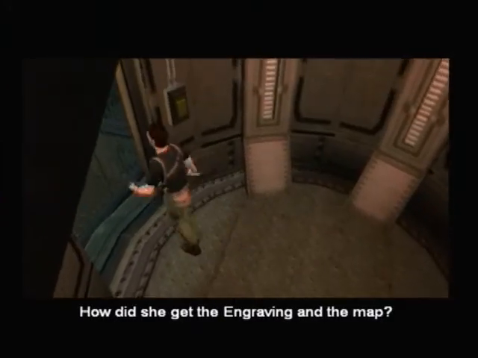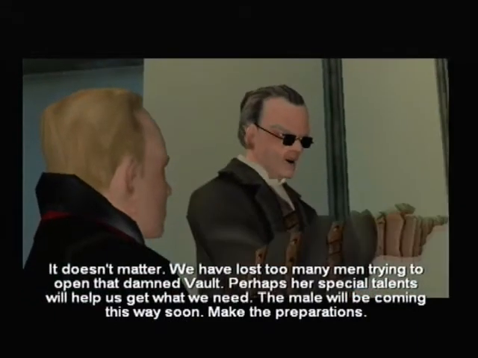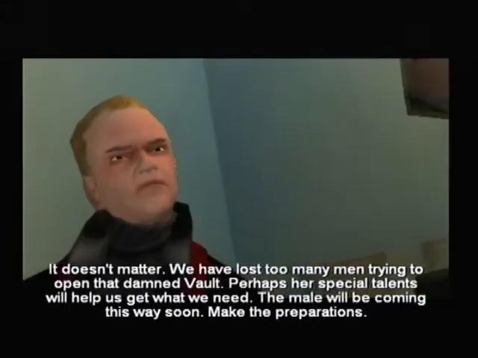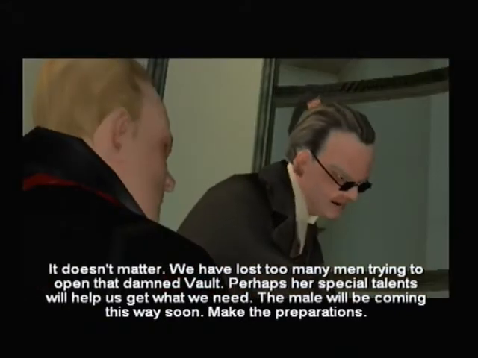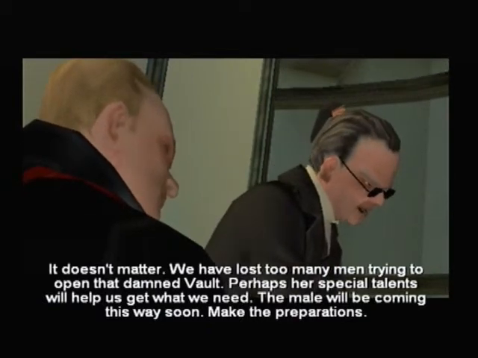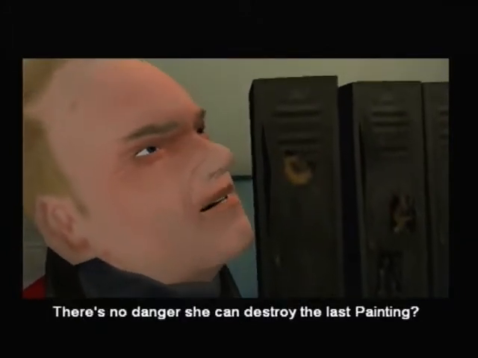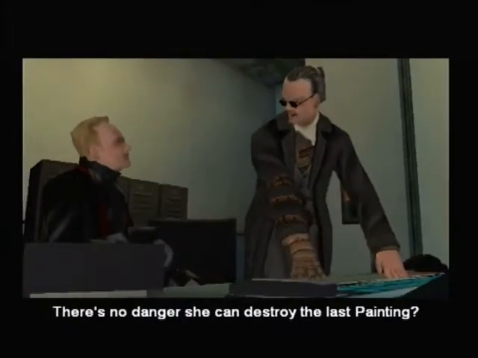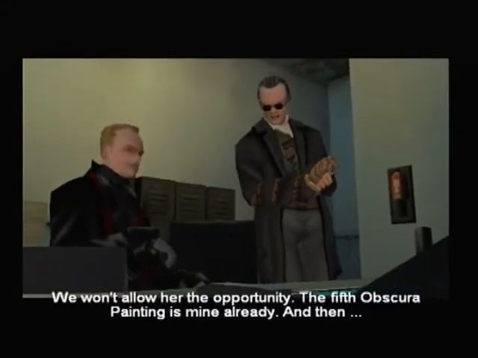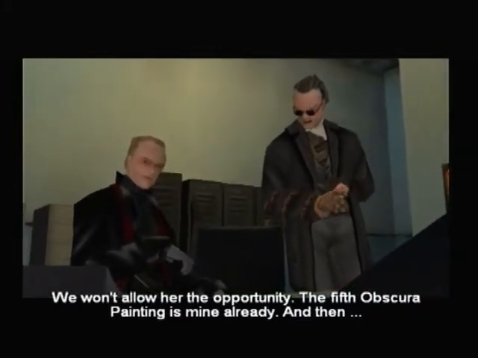How did she get the engraving and the map? It doesn't matter. We have lost too many men trying to open that damn vault. Perhaps her special talents will help us get what we need. The mail will be coming this way soon. Make the preparations. There's no danger she can destroy the last painting. We won't allow her the opportunity. The 5th Obscura painting is mine already. And then...